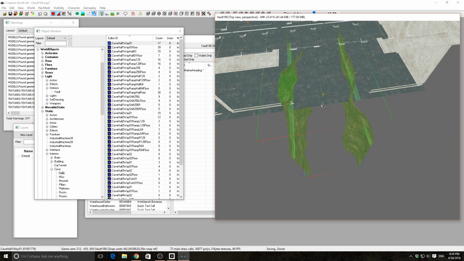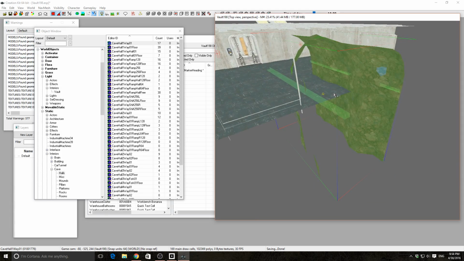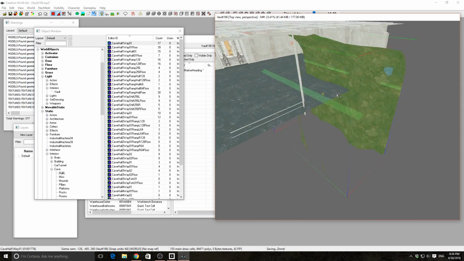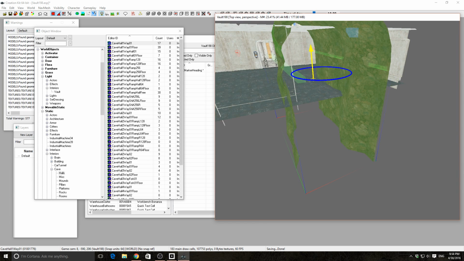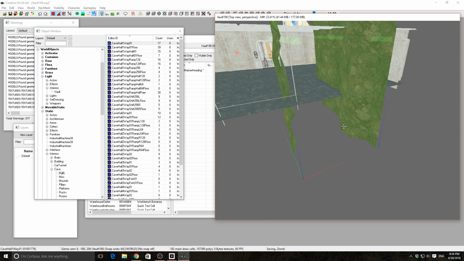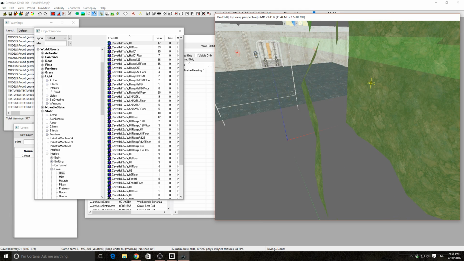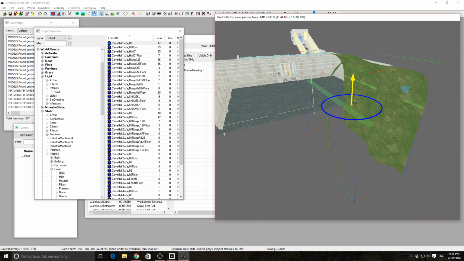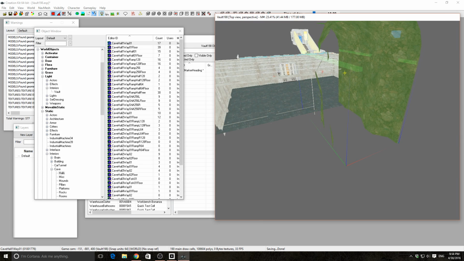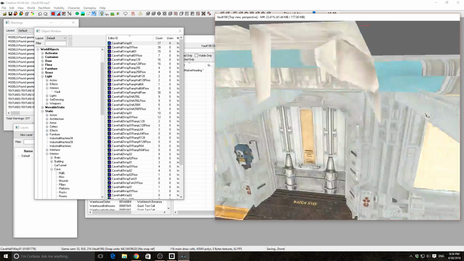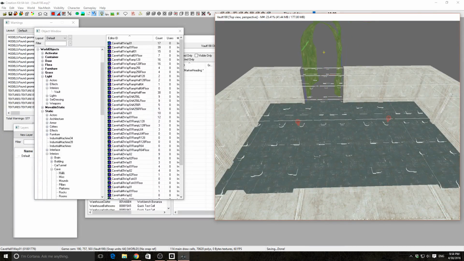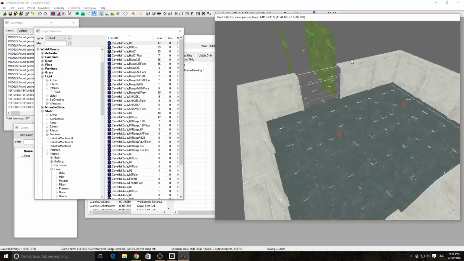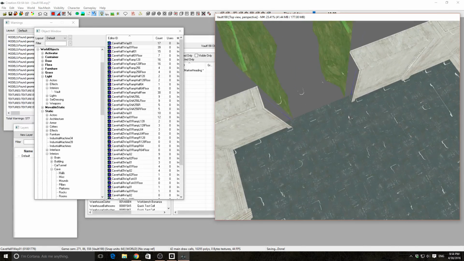Doink. Now I could get quite fancy with this, but I'm just going to try and get this to be reasonably simple. So I'm going to line it up